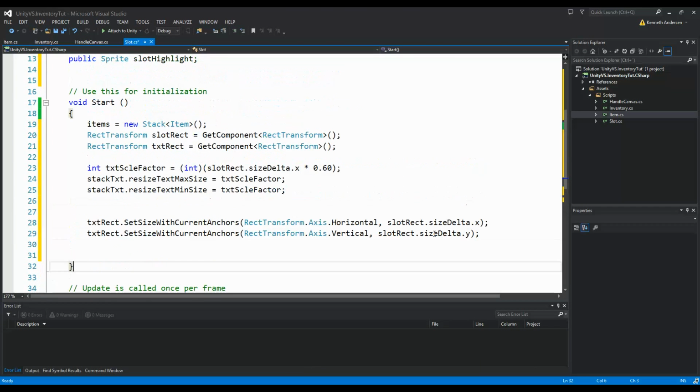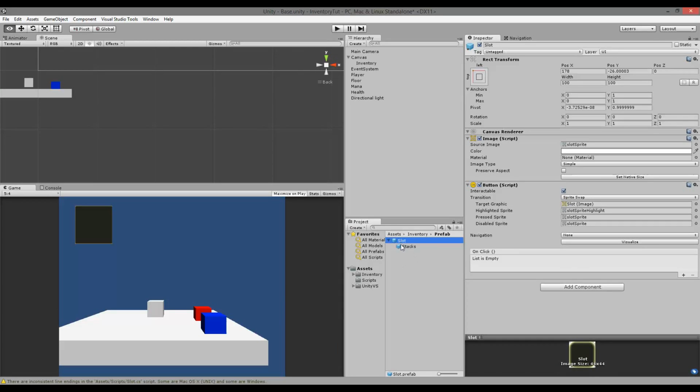So whenever we add or remove an item from the inventory, the effect slot needs to change its icon. For example, if we pick up a mana potion, then that slot we are going to put the mana potion in needs to have changed the icon from an empty slot to a mana potion. And to do that, if we go to the inspector here and look at the button script